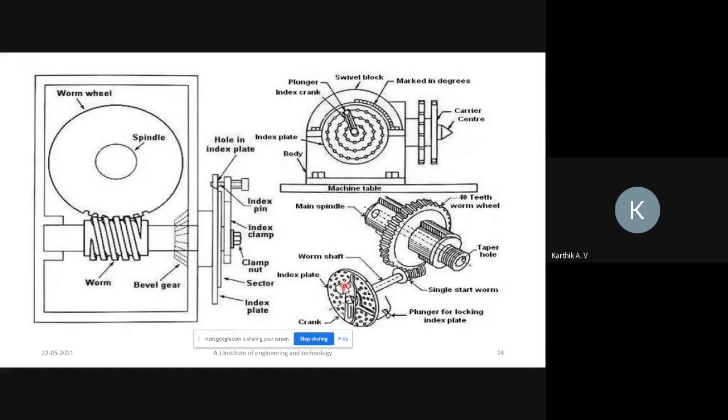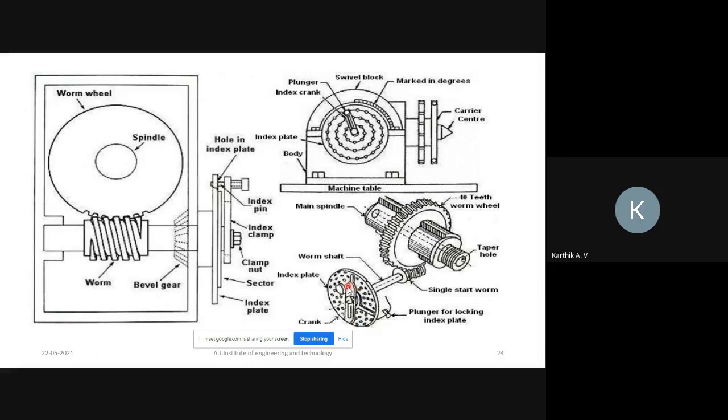In that, 1 is nothing but one full rotation of this crank. So after coming to the original position, count 9 holes in the 21 hole circle. Count 9 holes and fix the crank in which hole circle? 21 hole circle. Once again I will tell you. It is a little bit complicated.